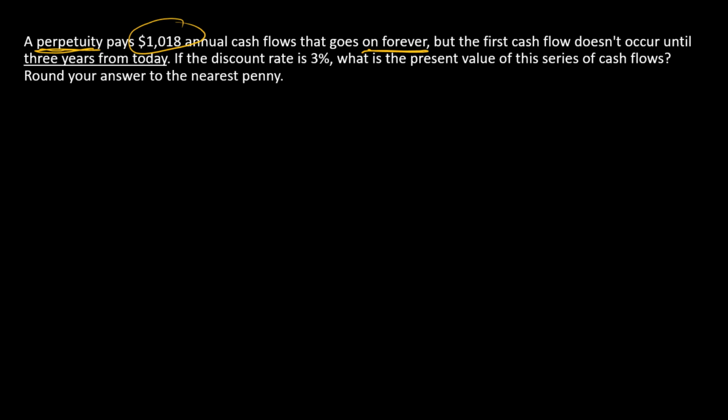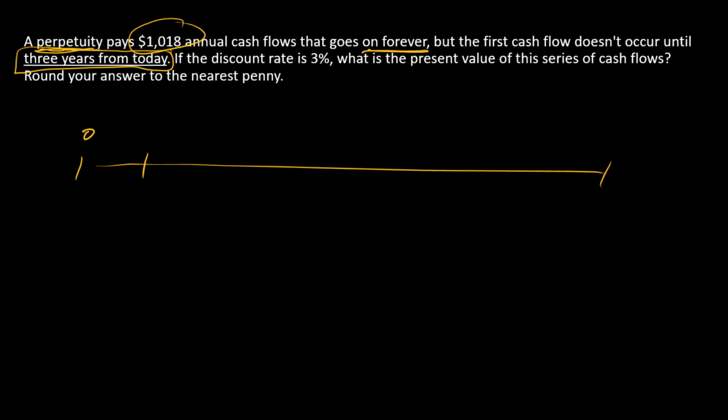But there's a catch with this problem. The first cash flow doesn't occur in year one as it conventionally does with a perpetuity. When does it happen? It happens 3 years from today. And so here's what the timeline looks like in this case. All right, so like I said, this is a perpetuity, but its structure is slightly different than what we are